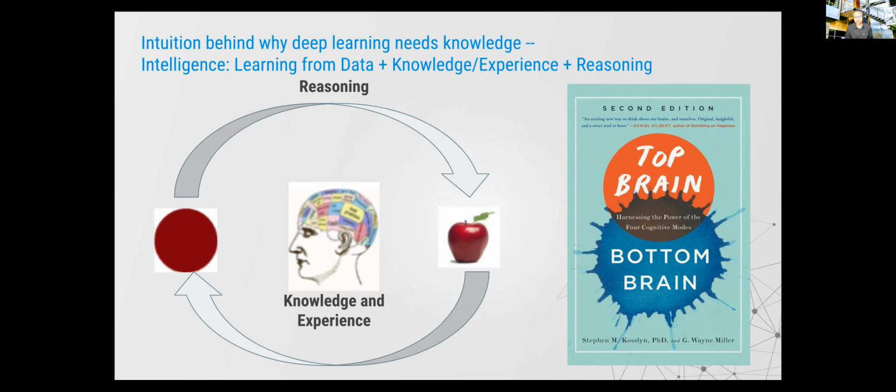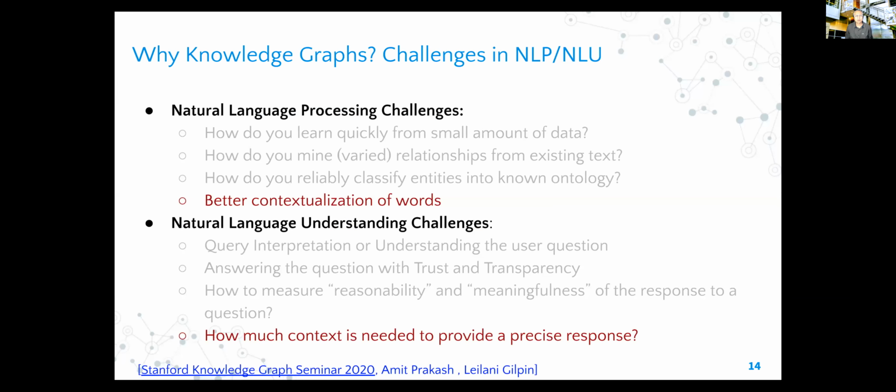We all have heard about neurosymbolic computing, and there are many ways to it, but I feel that neurosymbolic computing achieved through use of knowledge to intermediate and connect the patterns and perception with cognition and high level abstractions is critical. Now, just in the area of NLP and NLU, there are many reasons for using knowledge graph. They're listed here, and today I will just touch upon a couple of them that are in the brown color.